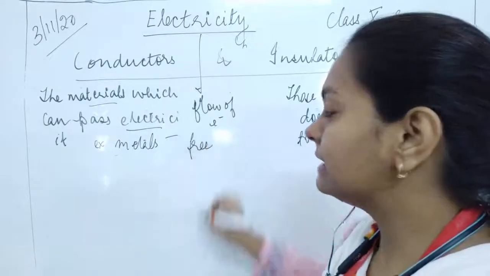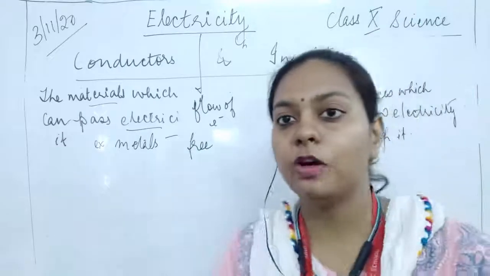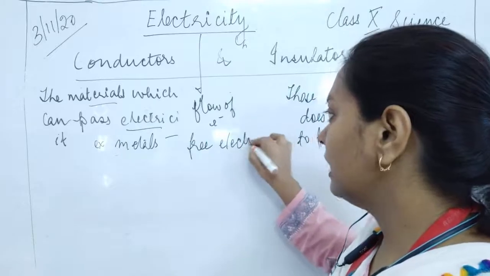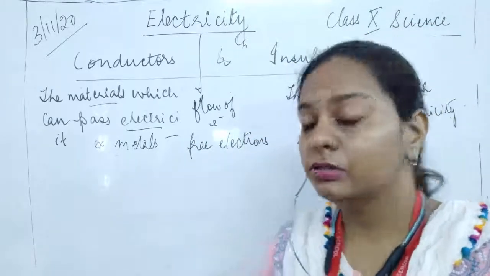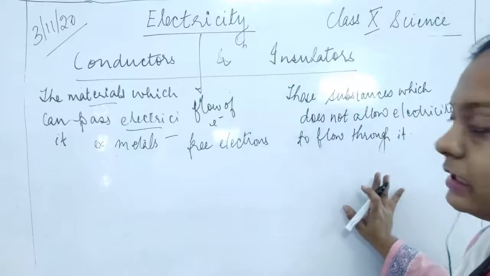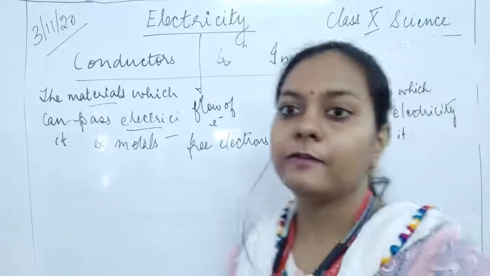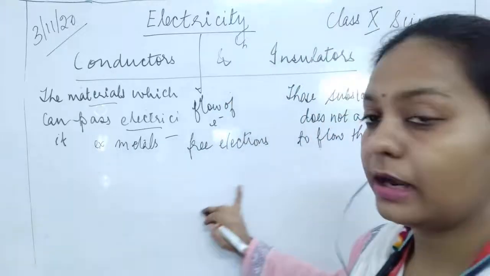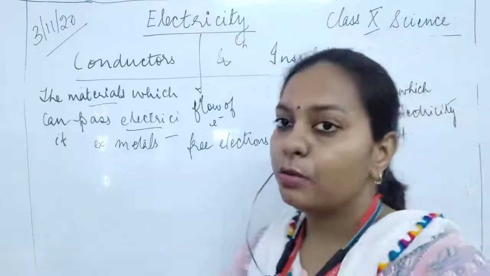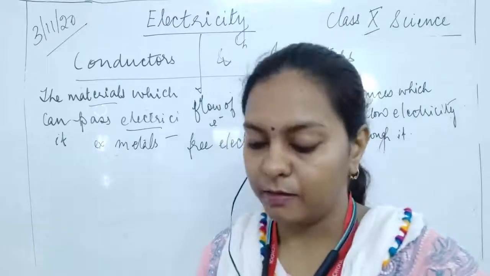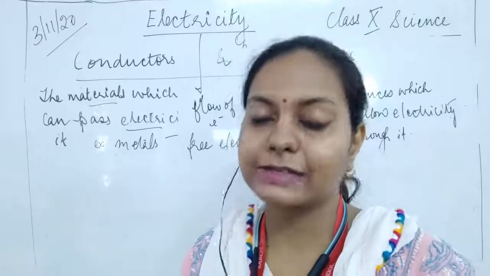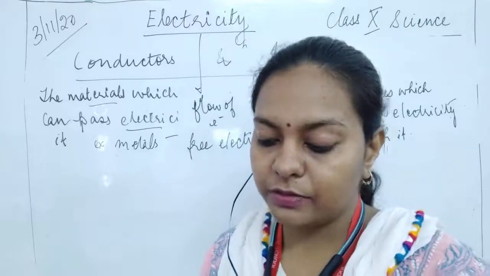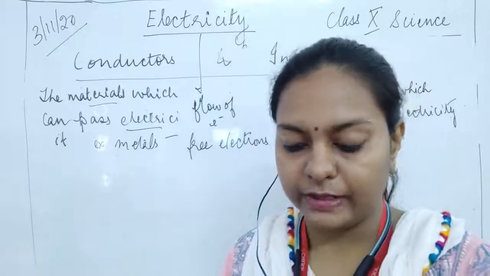So the main reason behind the flow of charge, behind electricity, is the free electrons. अगर free electrons नहीं होंगे तो चार्जेस को जाने के लिए कुछ भी नहीं मिलेगा. Charges will not be flowing. Okay, so this is known as the conductors. So conductors have free electrons which allow the movement of the charges, and that is why they will conduct electricity. Now the presence of free electrons makes it a conductor of electricity.